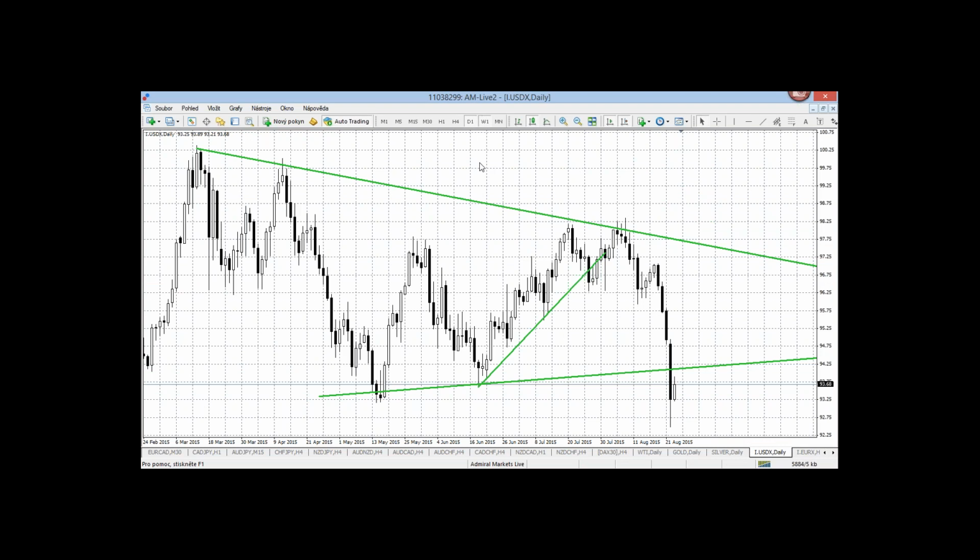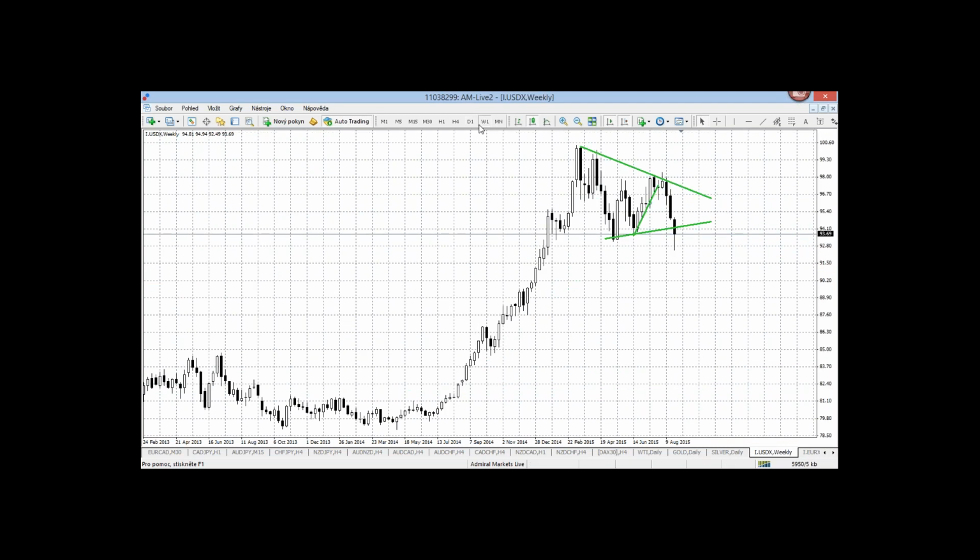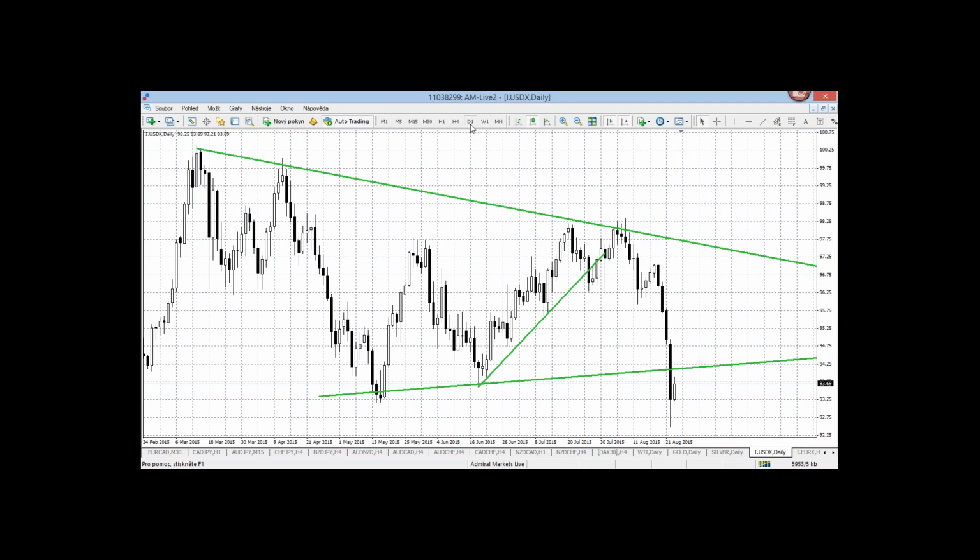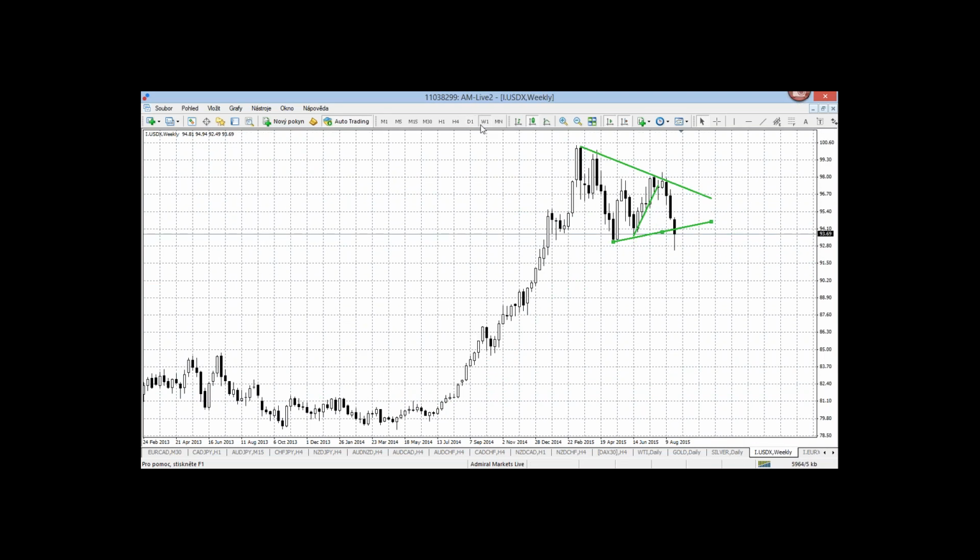Dollar index really breaking through this triangle now. We're trying to break through with a daily candle. And that could be because of interest rates, obviously, the fact that it doesn't look like we're going to get a rate hike in September like the market was really expecting, certainly the start of it,